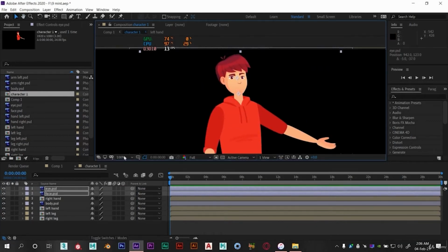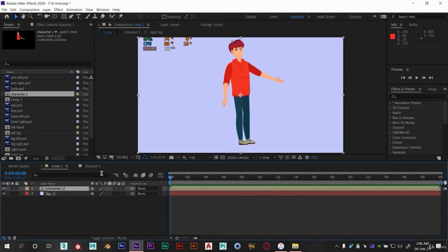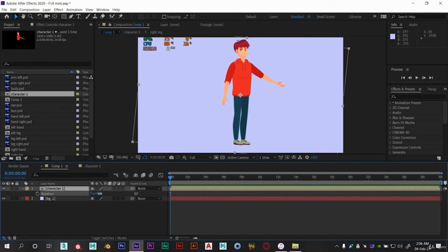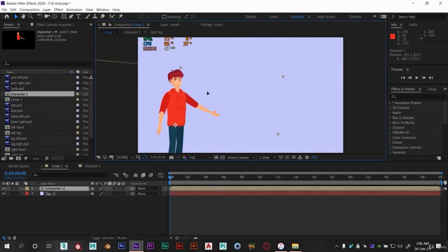Now you can see this all is fine. Let's rotate it a bit. I think this is fine now. Now place it according to your animation scene.